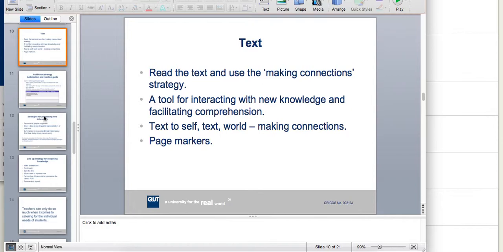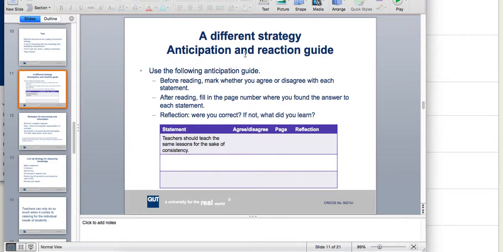I'm going to give you a few other ideas of how else you could introduce a new text to students and help them comprehend it. So one is the making connection strategy. A second one is called an anticipation and reaction guide. So this is what you'll do. Before they read the text, you'll give them a table like this, where you're writing down statements that relate to the text. So for example, with the text I've just given you,